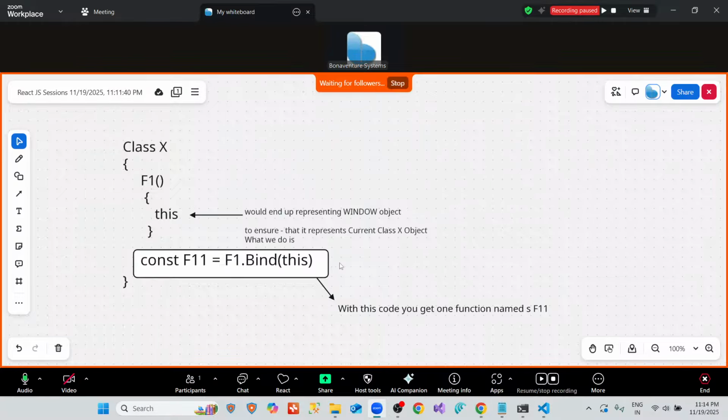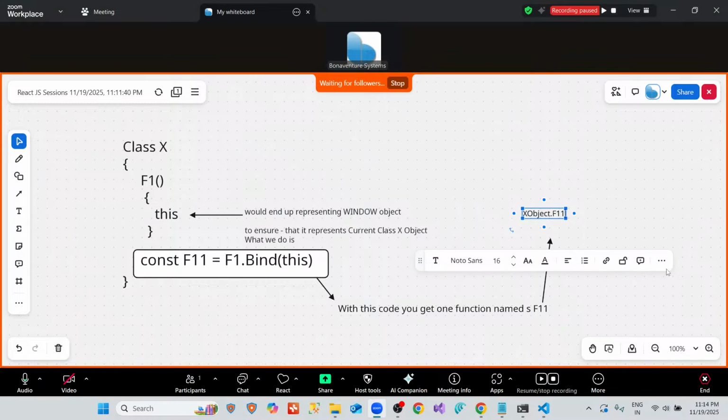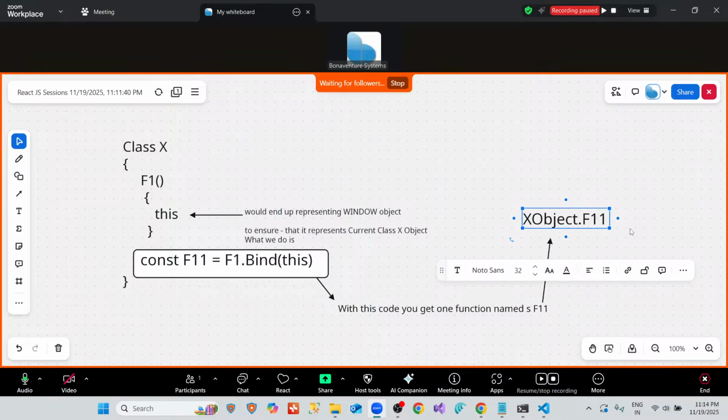And then you can end up calling this function on something called an X object: xObject.F11. So when you keep on calling xObject.F11 out here,